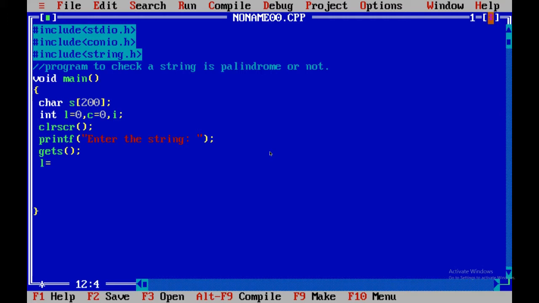We are again using a special function that is inbuilt in Turbo C++ for functioning on strings. The name of that function is string length, or termed as strlen. Now in parentheses you mention which string you are going to use.